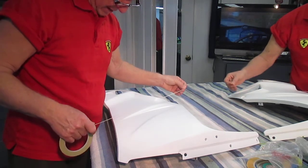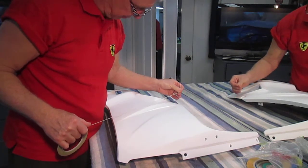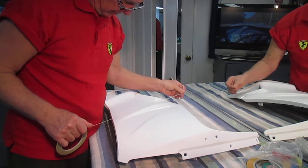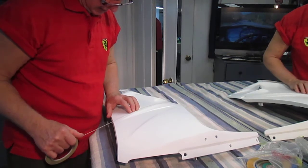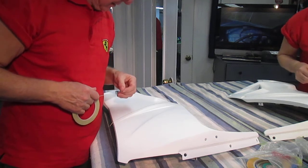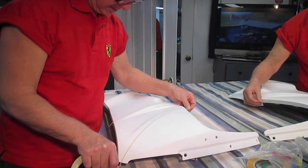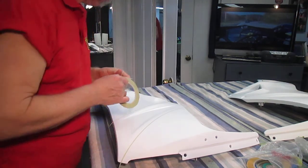But the first thing I want to lay out, and this is called fine line tape, by the way. Whenever you have straight lines, fine line tape is just wonderful. And I'm picking up one of the body lines. The lines of the bodywork, I don't want that. I want it out. Actually, I want it out a little bit more than that. And always brand new razors. This way you cut yourself as often as possible. Now also I want to carry this line up around here. And that, I'd like it to go right into the middle, if I could. And I'd like this line,